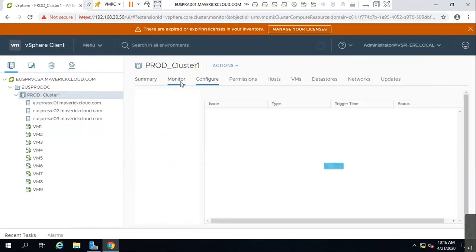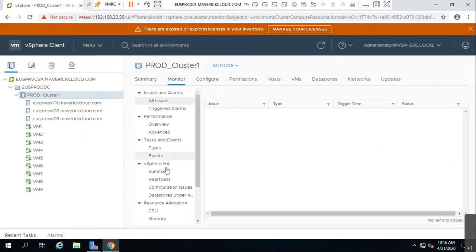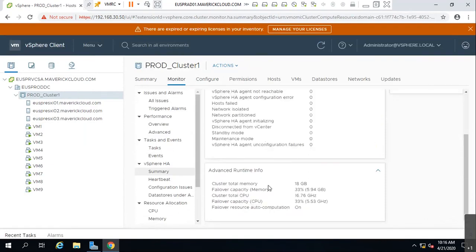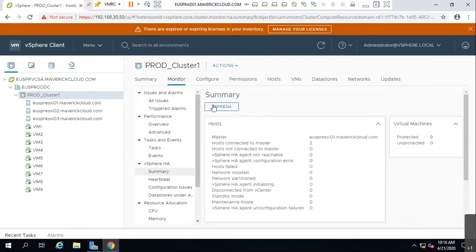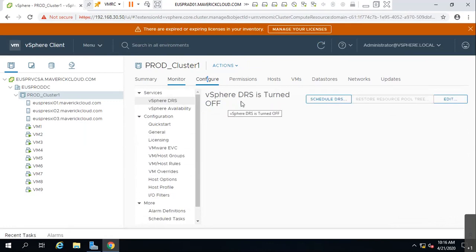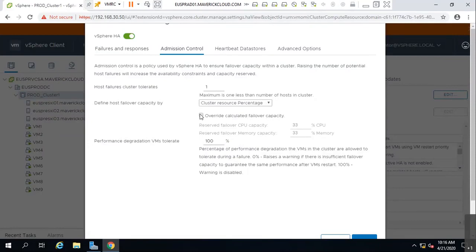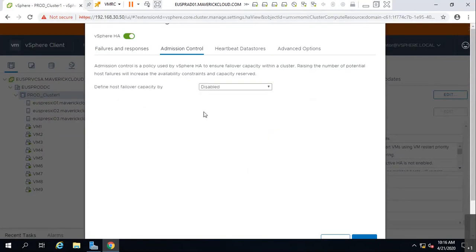Monitor, VMware HA summary, okay, and 9 machines, runtime information, advanced runtime info, not this one. Configure, high availability, edit, admission control, disable.